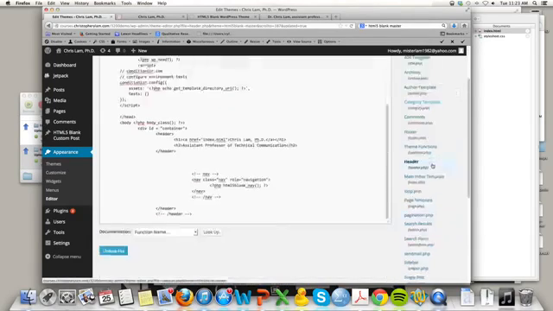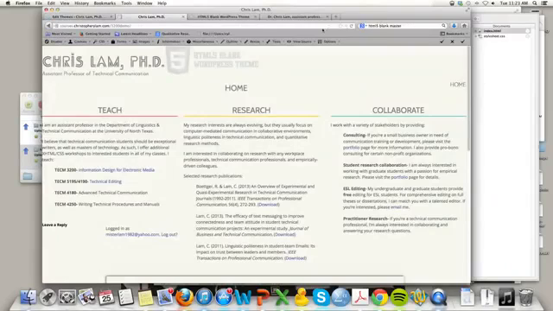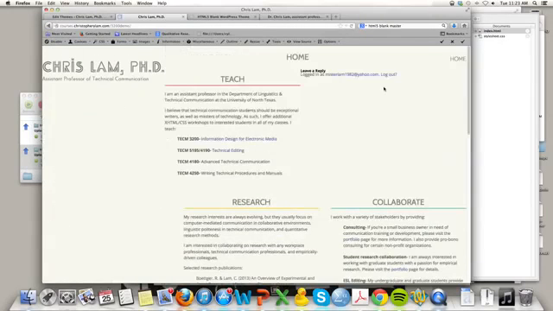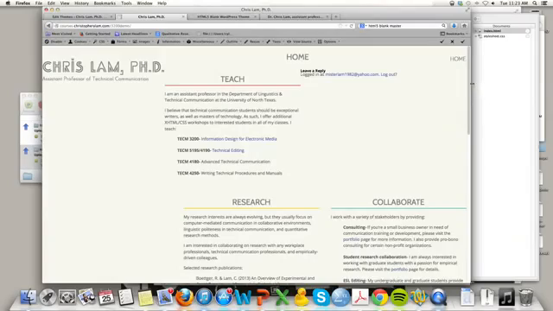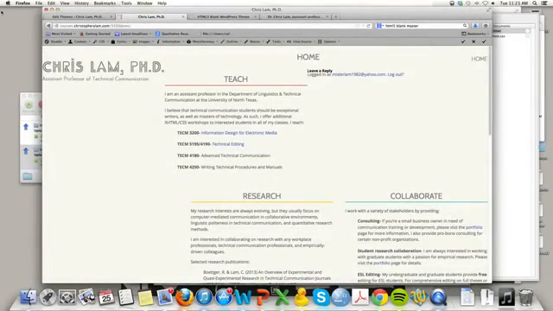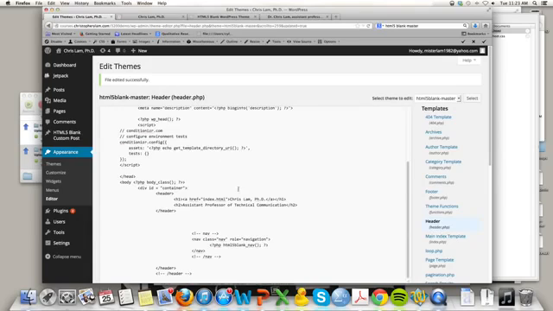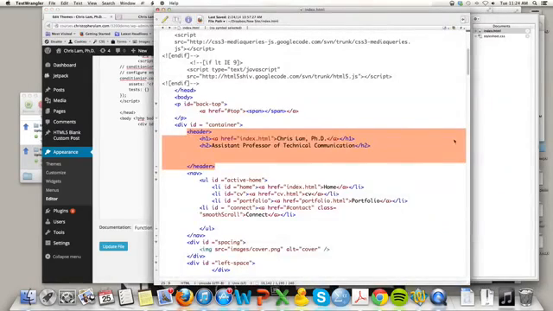So if you had a logo in your header, you might want to add your own logo or whatever, but we're going to take it out now because right now that's not what we want our site to look like. Okay, so that logo is gone now, and that actually killed our layout again, but we'll figure it out. So we want to take the logo out, and then what we want to do is we want to make sure that our